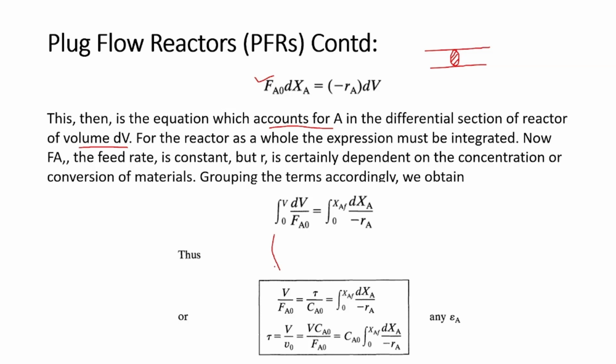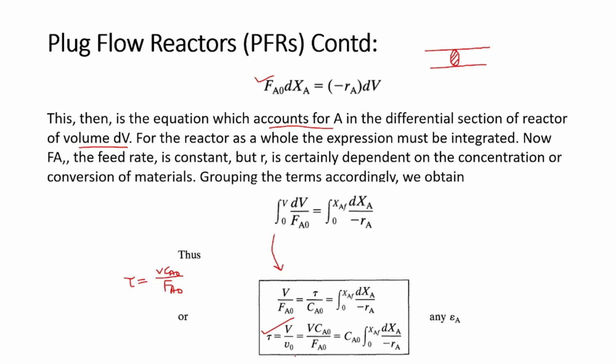tau by Ca naught. How tau by Ca naught? Tau means the residence time, and tau can be written as V into Ca naught by Fa naught. V is the volume of the reactor, Ca naught is the initial concentration of the component A, Fa naught is the initial flow rate of the component A, and tau is the residence time. So V by Fa naught is equal to tau by Ca naught is equal to integral dxa by minus Ra